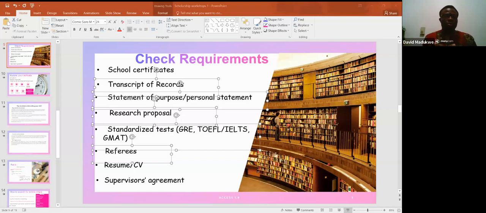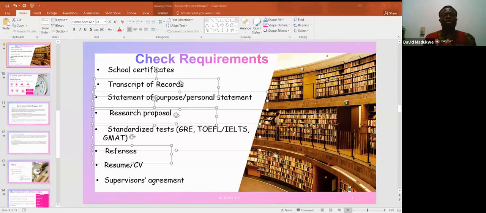But if you can't get 3 professors and you just get maybe 2 professors and a professional, if you are working, that's equally nice. So anyone that can speak about your expertise, your qualities, your attributes, that person can be a recommender for you. But that's different from using your family members. You don't use your family members or your friends as a recommender.